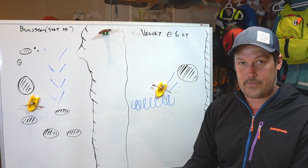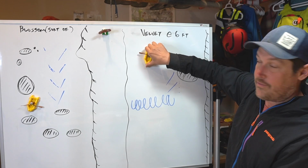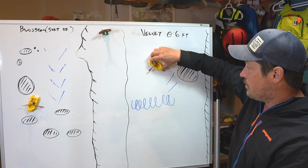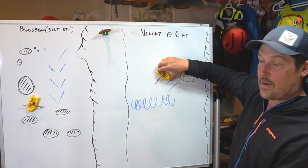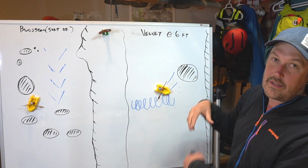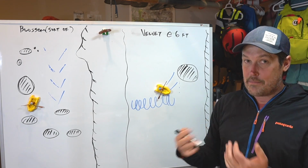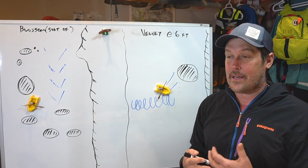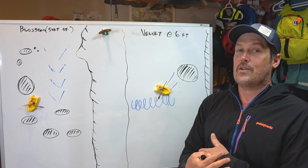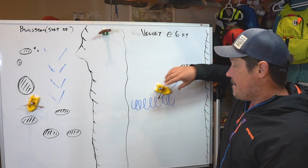Boom, flip, over, right? Or they're like, oh, I'm really awesome, I can push this move. Well, they try to push the move, they hit the laterals, they can't quite break through them, and they end up sideways in the hole. And that typically leads to a flip. And so, in my humble opinion, and I'm pretty sure I'm right, from having watched a lot of people make this move and not make this move,